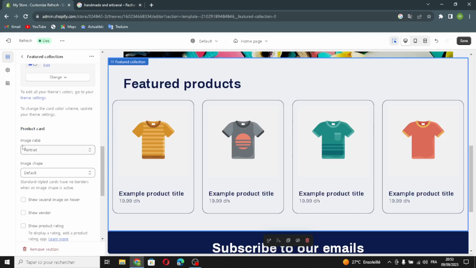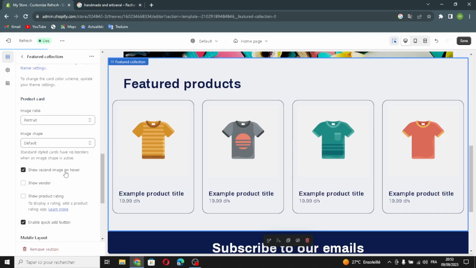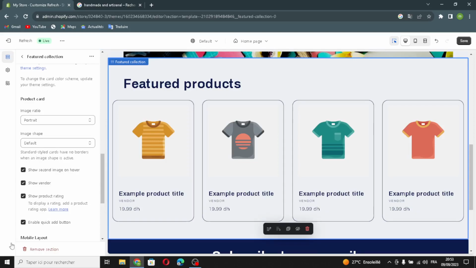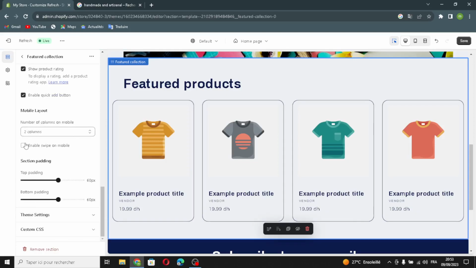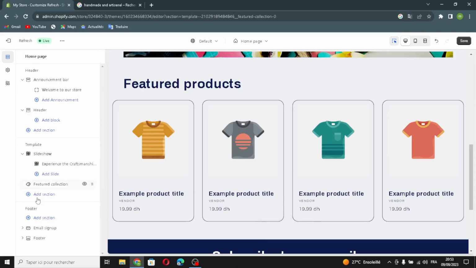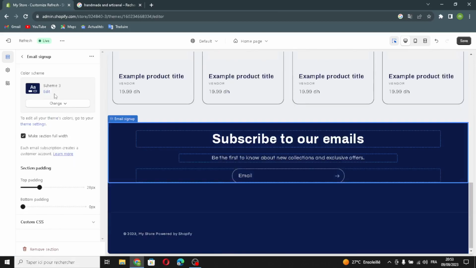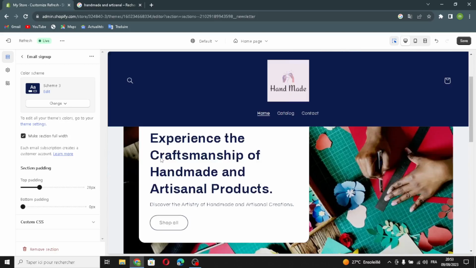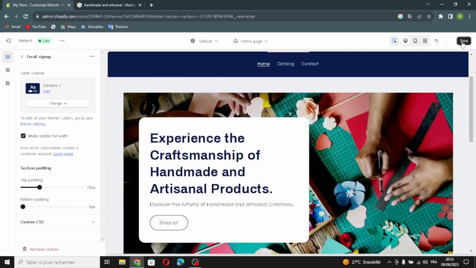Here you can edit the product card section. You can show second image on hover. You can also show vendor and show product rating. You can enable swipe on mobile. So that's it. Now let's move on to the last section on the website, the footer section. Here you can manage the email sign up. You can edit the color scheme. Also you can make the section full width. You can edit the section padding. After you design your website, all you have to do is save this,